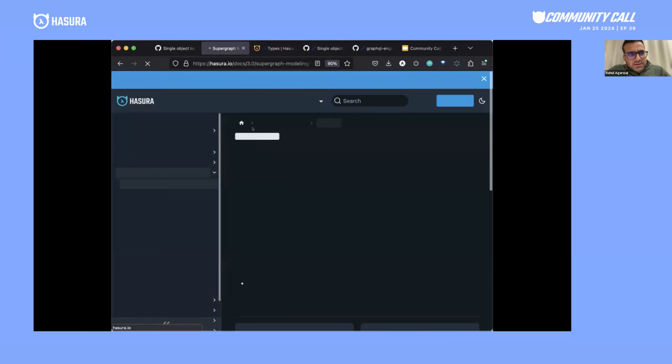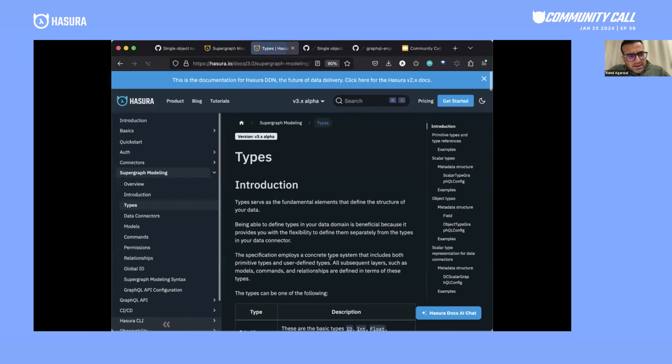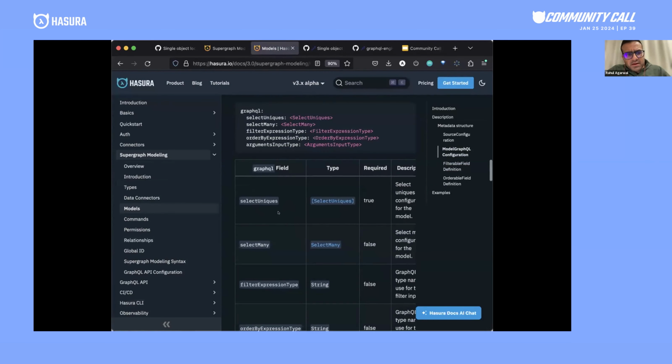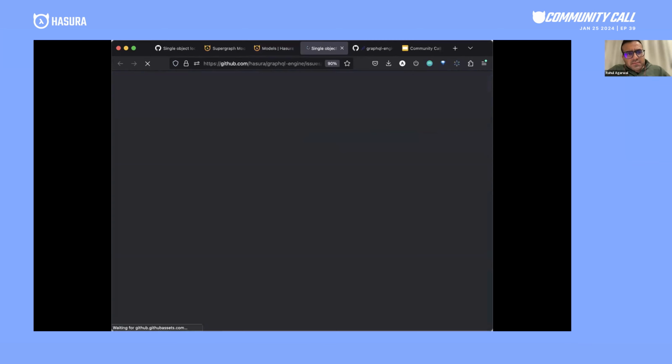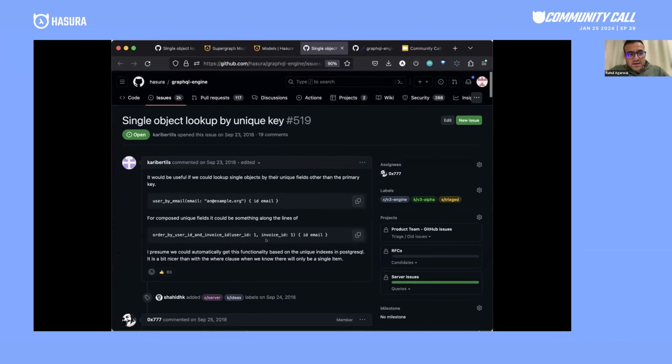So in V3, we have supergraph modeling, which has these different types. And within the model type, you can see that there is a construct called select uniques. And how to use select uniques? I'll show you a quick example is that in select uniques, this is the normal query by primary key. But now going forward, you can start having these customized query root fields. And in this case, the unique identifier is using these two fields in the database. So glad to tell you that this issue is now closed